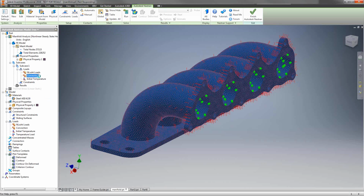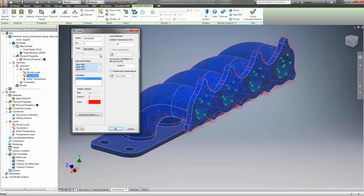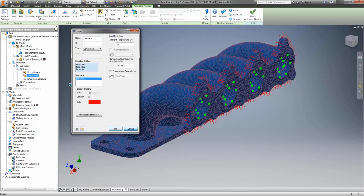And then whenever this dialog box comes up, we'll see some of the input that I applied to this model. So notice type is convection. I gave it an ambient temperature of 70 degrees, and then also a convection coefficient. Now, once I did that, I just gave it an initial temperature on what the environment was around, and I just set that as 70 as well. So once we have that, we can